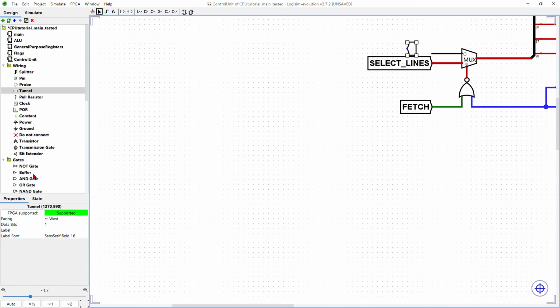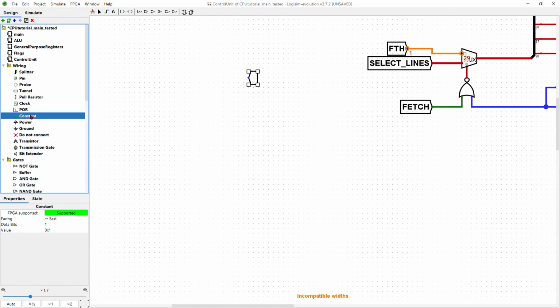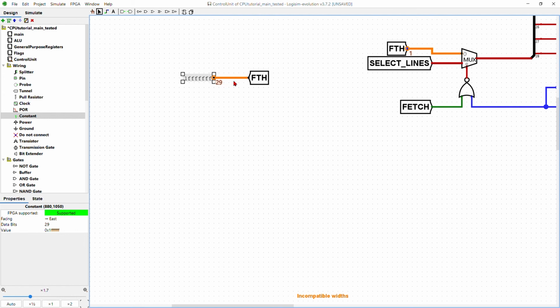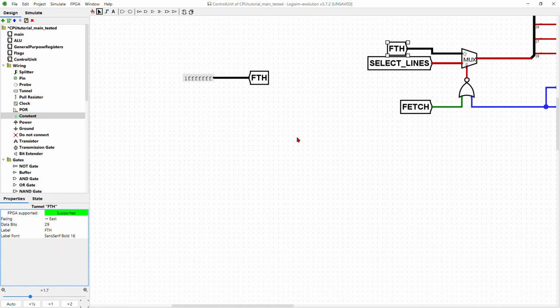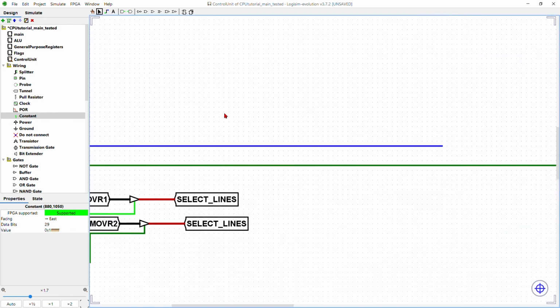Let's have a tunnel. And I'm going to call this, okay, I want this to be different from the fetch operation, so let me just call this FTH, I guess. And so let's define FTH. Let's get a constant. This should be a 29-bit constant. And that should be FTH. FTH should be 29 bits. There we go. What's the issue here? Oh, here's 1 bit, 29. There we go. So later on, when we determine the lines needed for a fetch, we'll just come here and change it. So let's go back here,